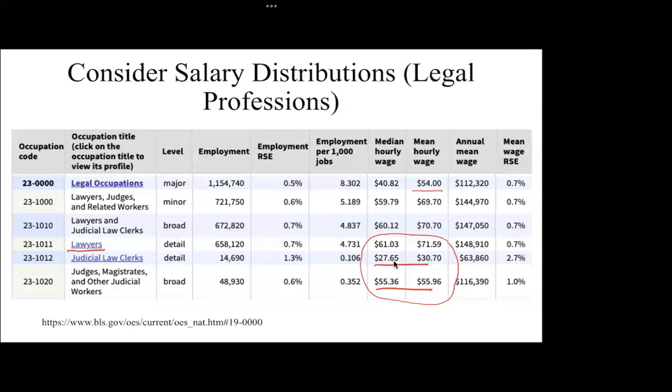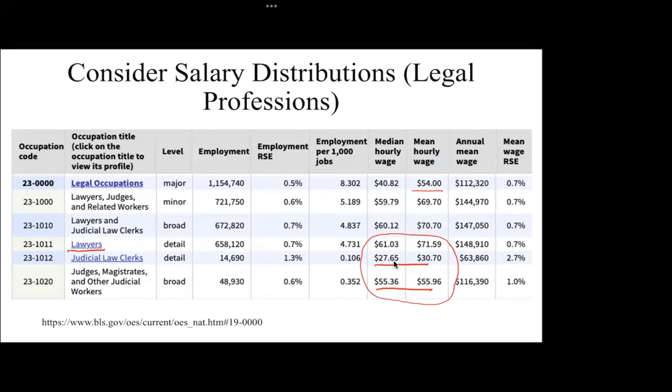Because if we think logically about what the distributions might tell us, lawyers can work in the corporate private sector, where some make a lot of money, or in a public defense office, where they make not so much money. Judicial clerks, depending on their ranking, might make a few bucks here or there, but judges are public servants, so their income distribution should be pretty fixed. There should not be one judge that makes millions and millions of dollars and another judge that makes $20,000